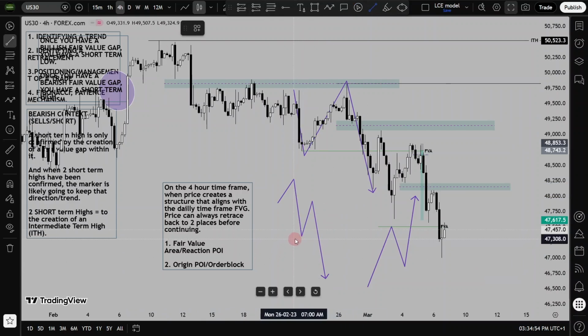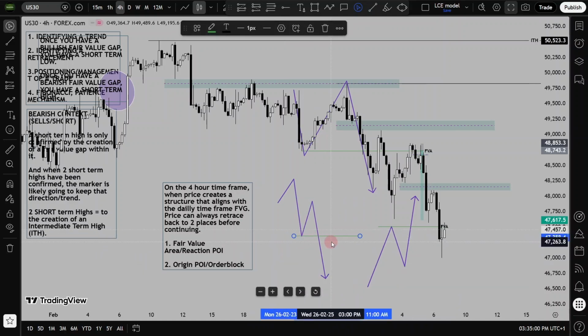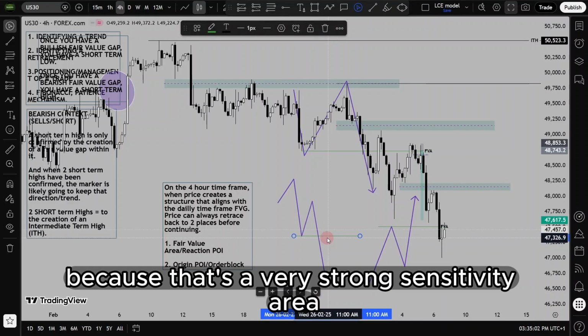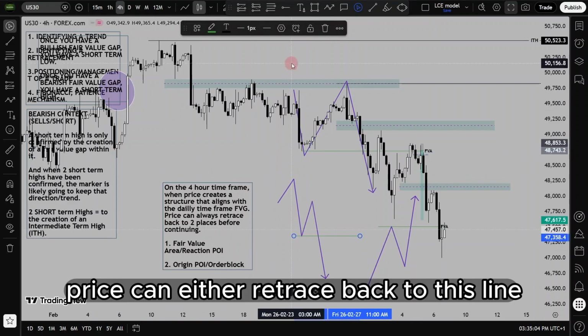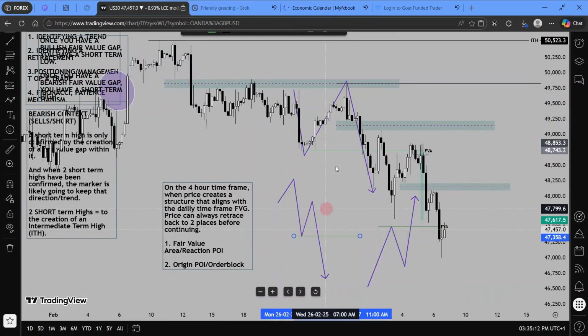All right, fair value area. So price can either retrace back to this line, because that's a very strong sensitivity area. Price can either retrace back to this line or retrace back to origin. Okay, now